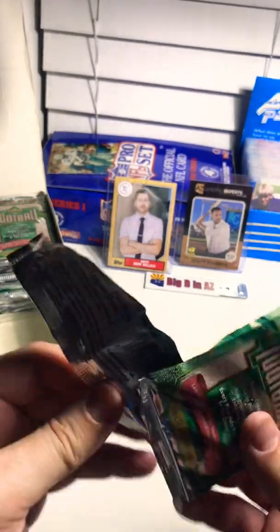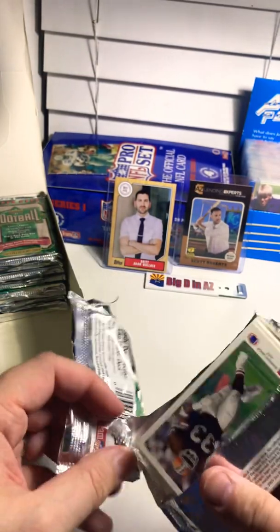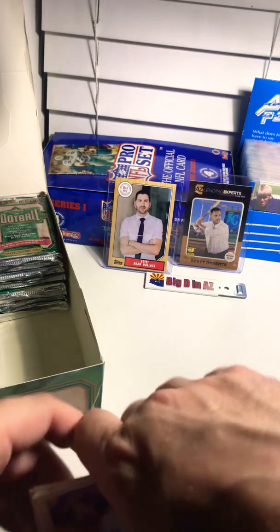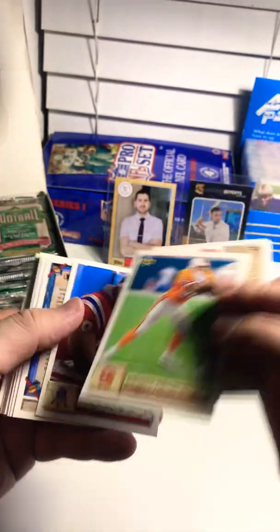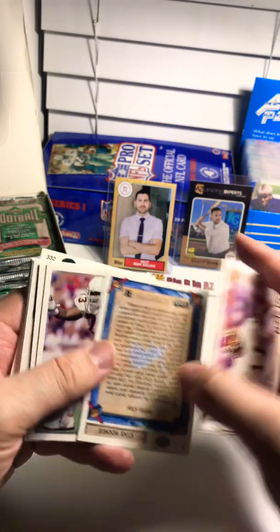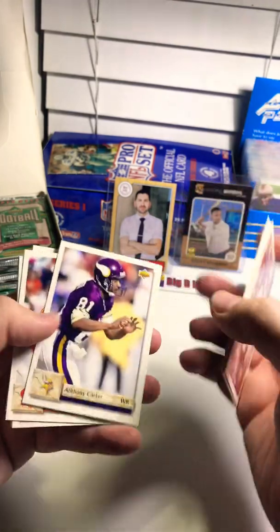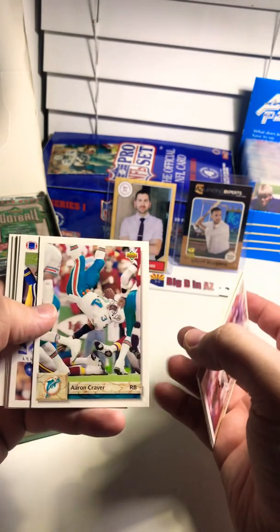Now I thought, I know it says look for Walter Payton and other inserts, and I would have thought we would have one by now because we're almost halfway through. Mark Rippen, Broderick Thomas, also a Cowboy at one point at the end of his career, Bruce Armstrong, Willie Clay, Leon Searcy, Charles McRae, Anthony Carter, Vinny Testaverde, he played till I was 107, Aaron Craver,